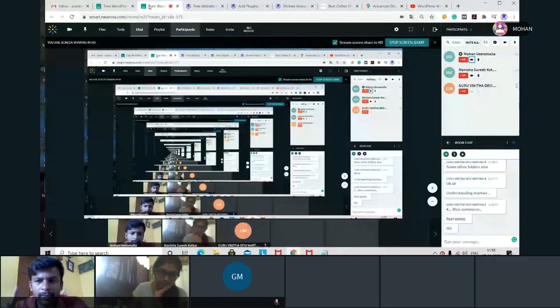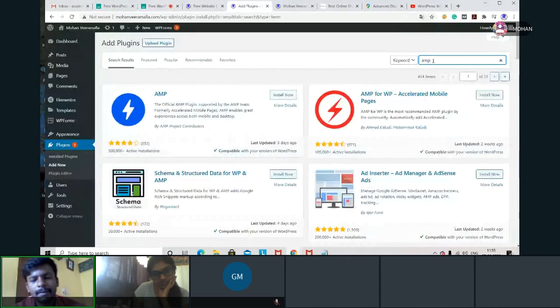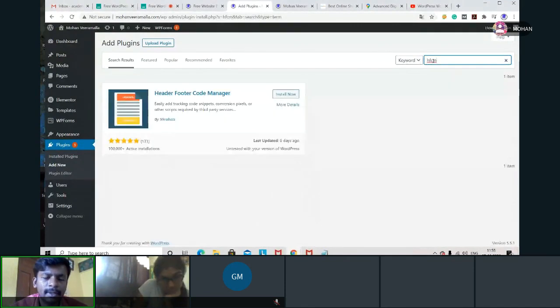For that, we have a plugin. We'll use a plugin called HFCM, Header Footer Code Manager. For some websites or some themes, this will be accessible. But for me, in most themes it will not be accessible.